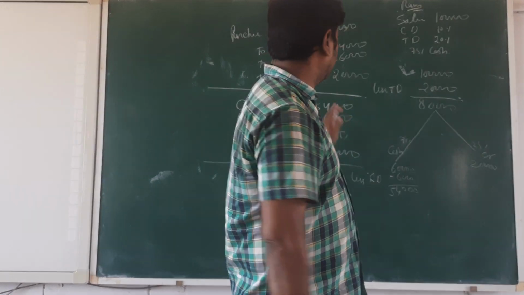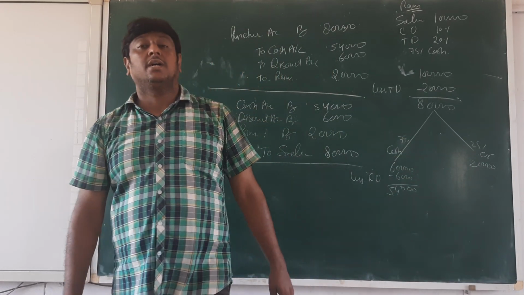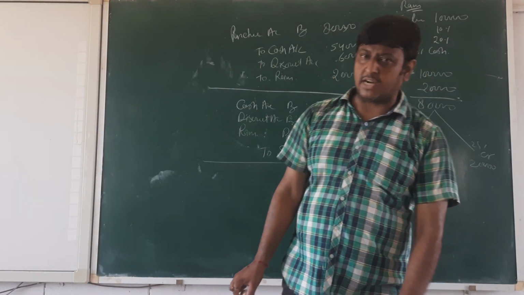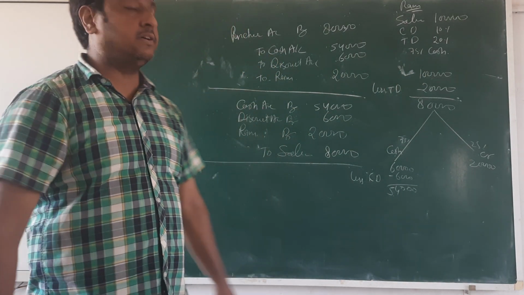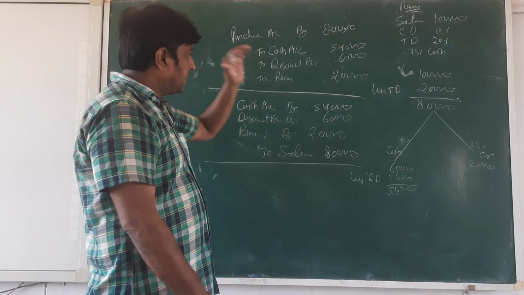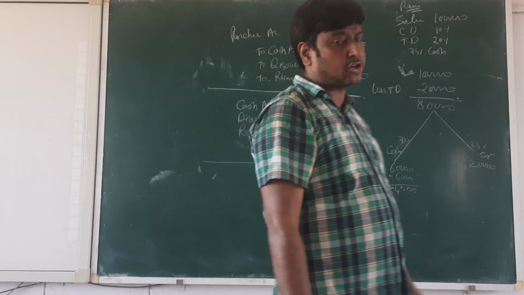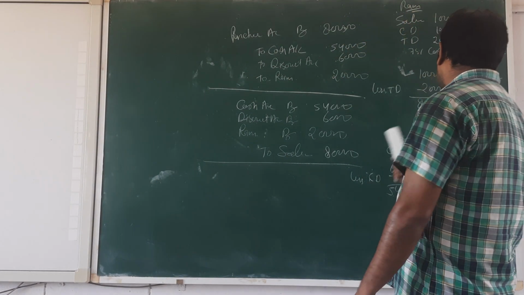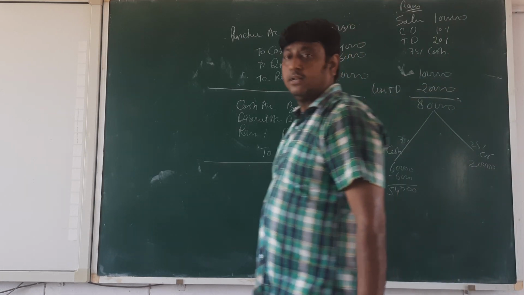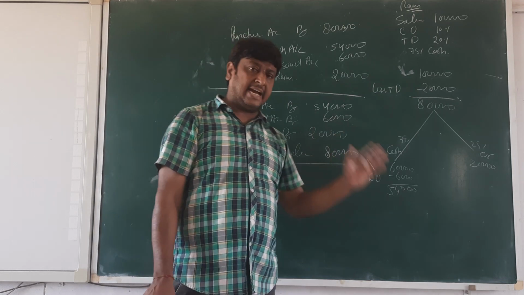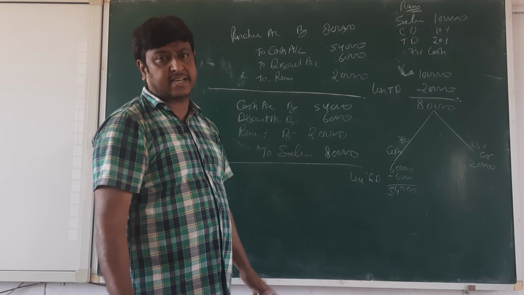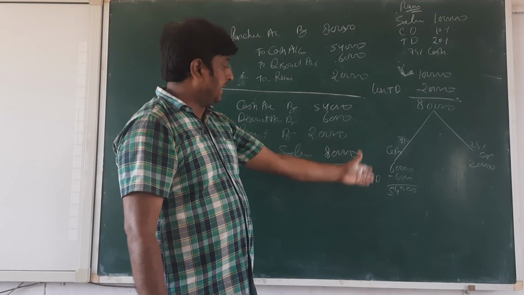Okay, beta. This is the way by which we are going to do the entry if cash discount and trade discount both are given. Okay, beta. If the cash discount and trade discount both are given, then we are going to do all the entries this way. First, we are going to less the trade discount because we are not going to show the trade discount, and then divide in two parts: what amount we are receiving in cash and what amount on credit. On the amount we are receiving in cash, we are going to charge the cash discount, because cash discount is only charged on the cash payment. Charge it, then make the entry.